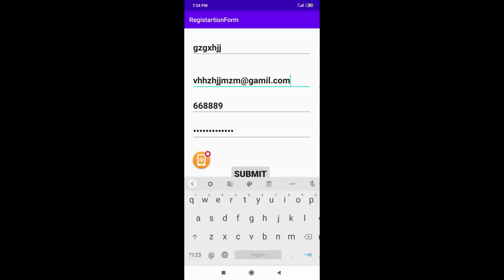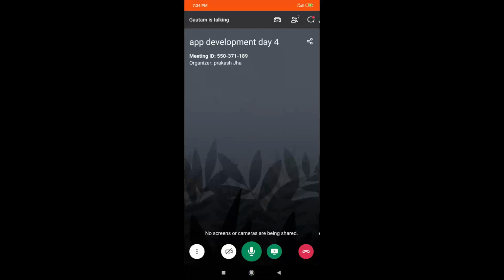Then it will be considered a correct validation process. Just to keep it easy, I have taken the simplest checking process. With this, I hope you have understood how you can go for form validation.